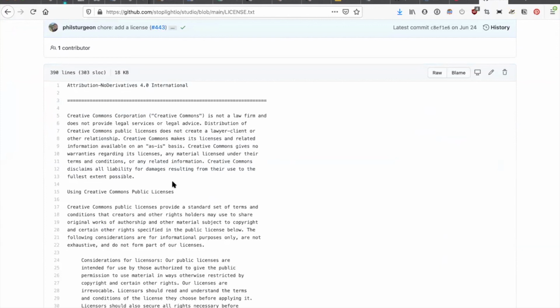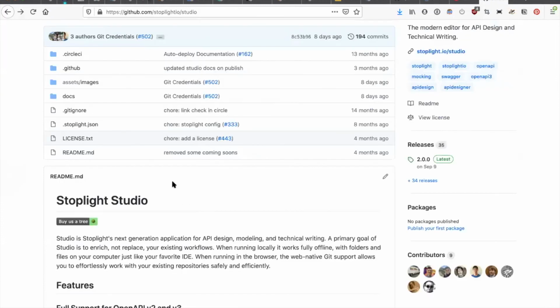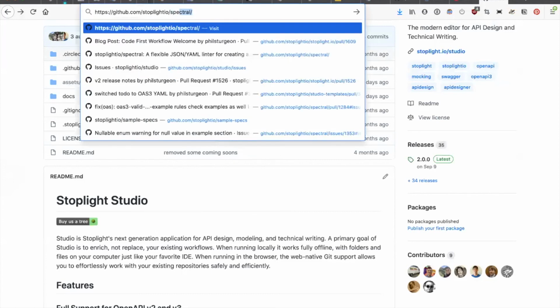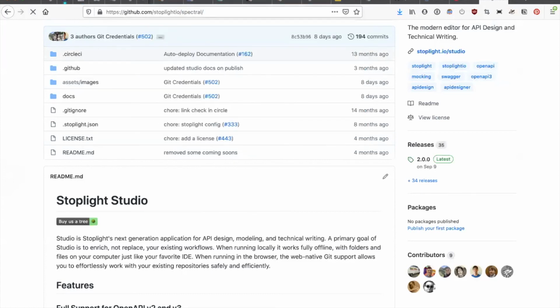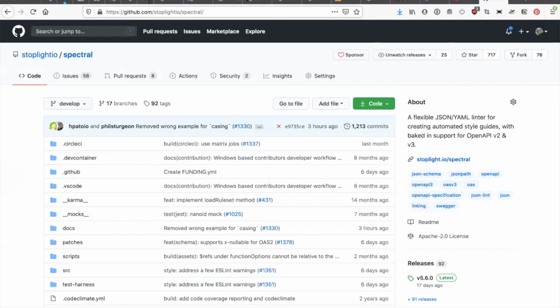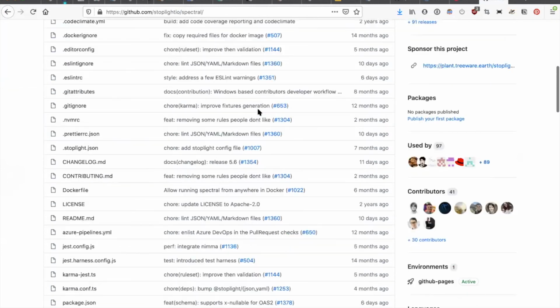But you can't decompile it and change it and then sell it as your own, right? Which seems like a pretty reasonable license. So Studio, there's no quirks, there's no gotchas. You can use it in whatever industry you're in. You can use it to make money, or you can use it for charity, you can use it for whatever. But Studio is only using Spectral. Spectral is the linting validation system that we've been looking at. It's just kind of used by Studio. So this is completely free, open source. Use it for whatever you like.